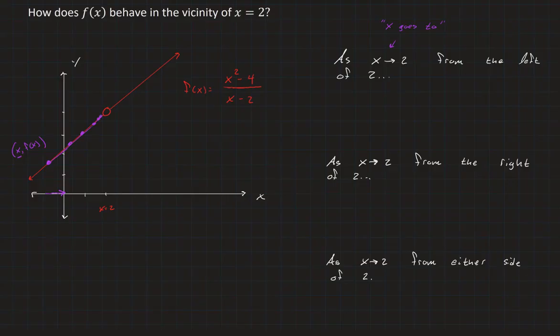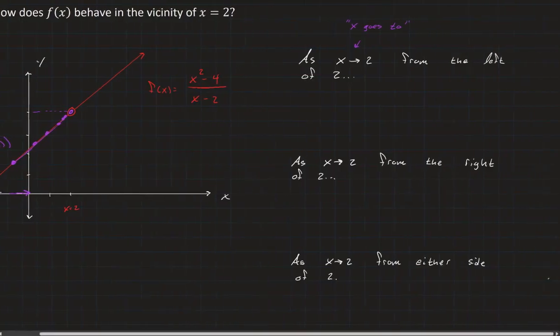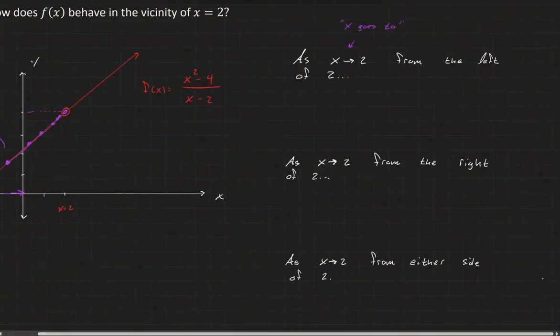Now notice what really happens here. Even though the function is not evaluated right here at this point, I have a hole right there, because if I plug in x is equal to 2 right there, this becomes undefined. I can still describe what the behavior of the function is. It looks like this function, as x approaches 2 from the left, then the function itself approaches the value 4. The input approaches 2, the output approaches 4. So I can describe that with some specific notation